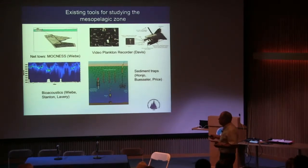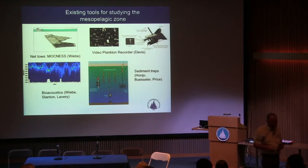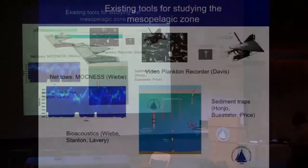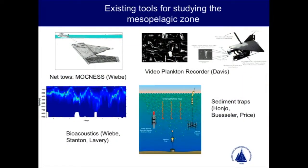Again, if we look at bioacoustics, which is of course an extremely capable tool, we think that the Mesobot would have a lot of application for dropping into these layers and helping us figure out what's there, both through the imaging capabilities and also through the sampling. So what would you do if you could have a dozen super samples and very detailed visual observations in the context of these acoustic